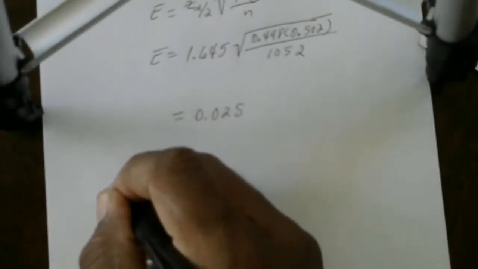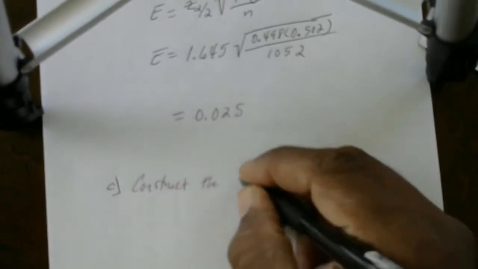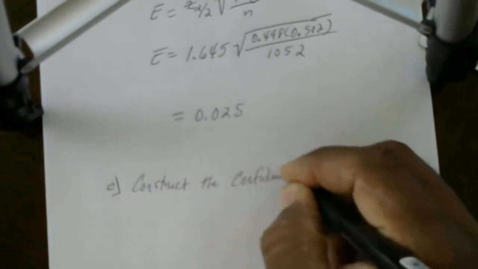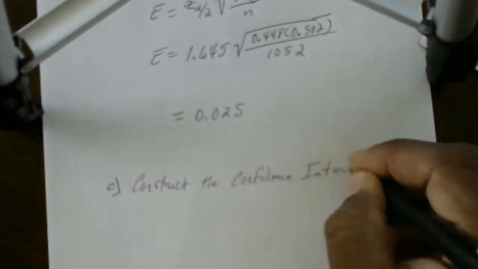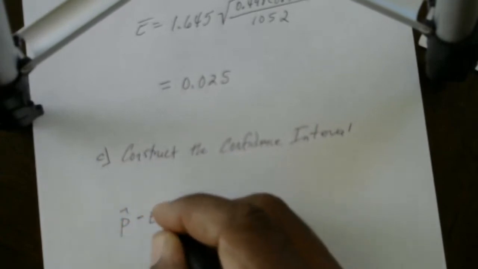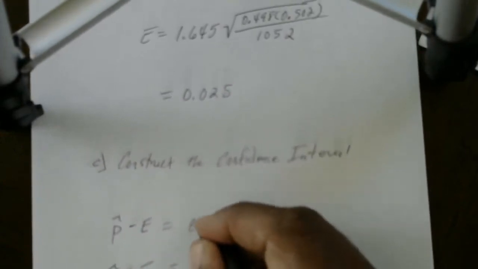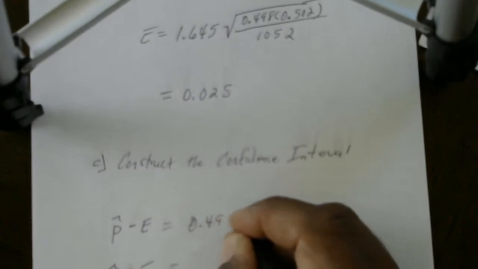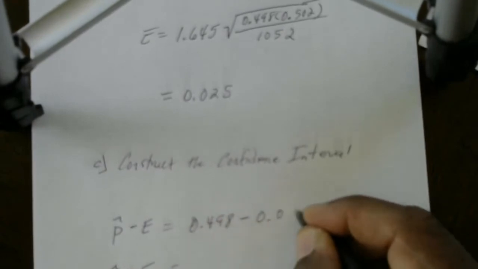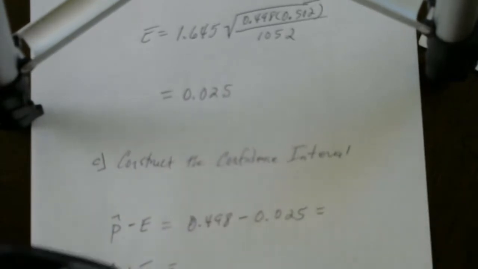All right, so for part C, we're asked to construct the confidence interval. So we want p hat minus e, we want p hat plus e. So remember, p hat was 0.498 minus the margin of error. And if we calculate that up, we have